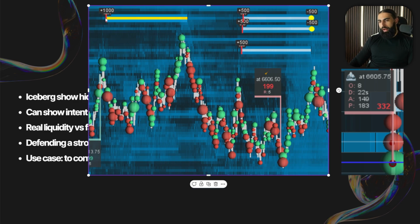Every single time you open up Bookmap, you will see random zones where there's a lot of liquidity sitting, right? And you might think, okay, we're going to go to that level because the market moves on liquidity. True, the market does move on liquidity, and the market is definitely a magnet to levels where there's large orders sitting, or it can act even as a wall where large orders are sitting. But the funny thing is, there's a lot of spoof orders going on, basically fake orders being put in the market to confuse who? To confuse you and me. We're in the same boat here. I'm not an institutional trader, but